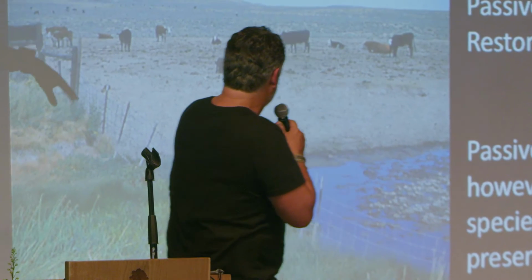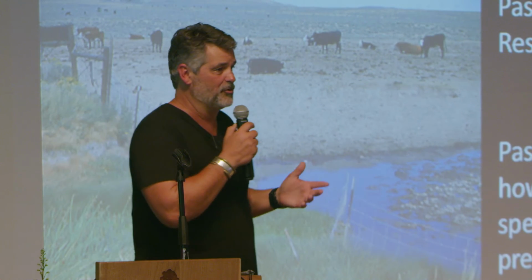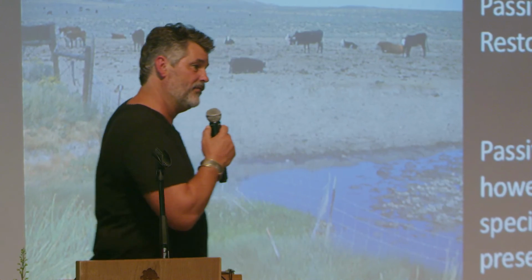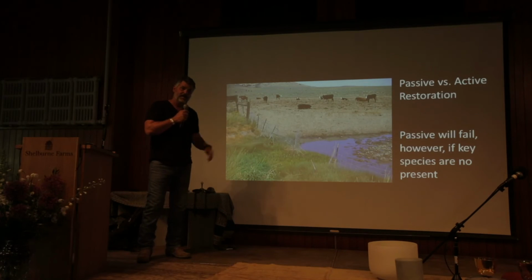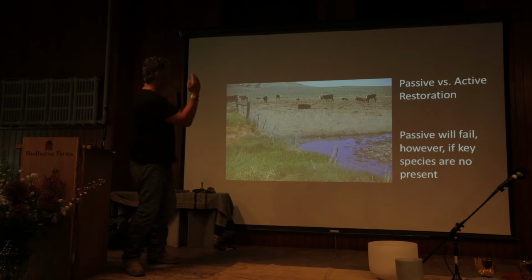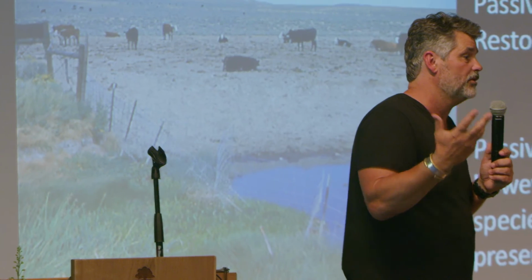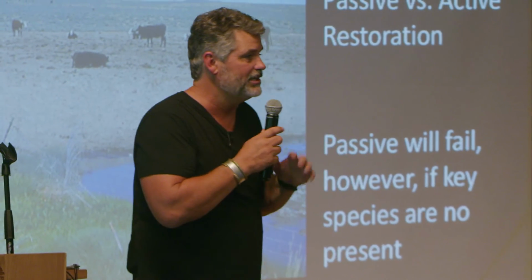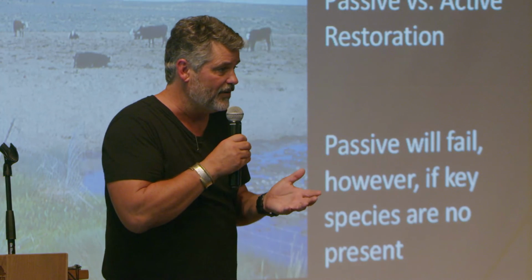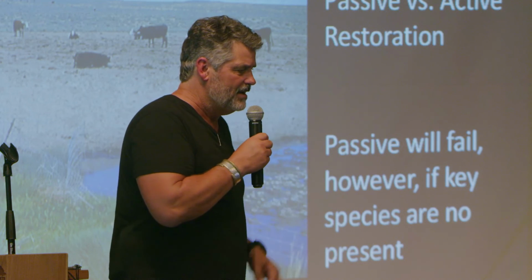One way is passive. If you have a degraded system, let's say you have cows that are trampling the crap out of a landscape, you build a fence, and that landscape recovers. That's passive. You remove the insult. You remove the cows. So if the insult is sugar, whatever, who knows? We still don't know what the optimal diet is with regards to that filter. We do know that dietary fiber and polyphenols and these things promote diversity, but at the end of the day,